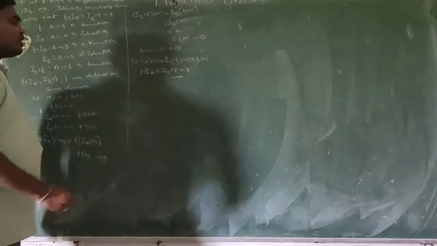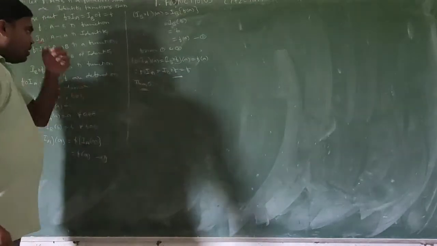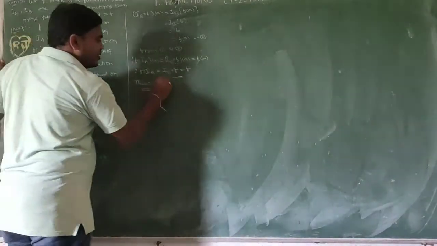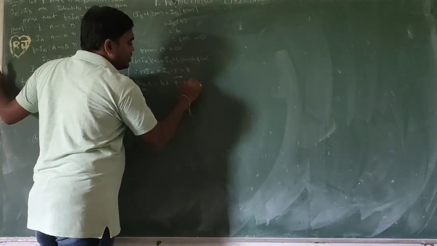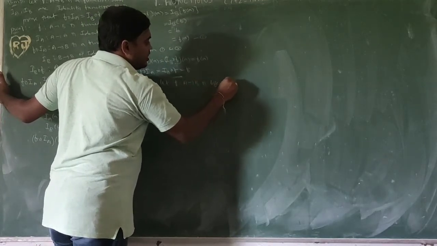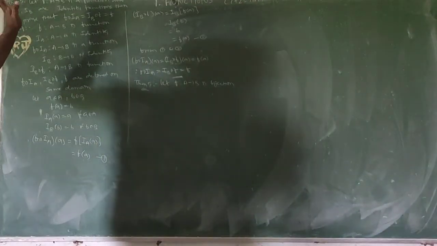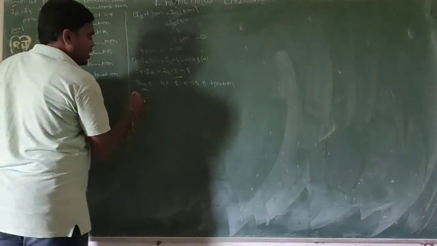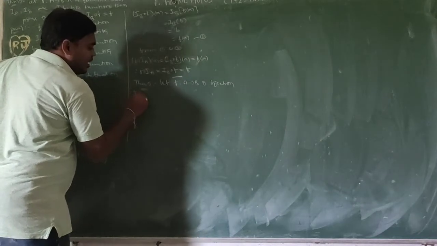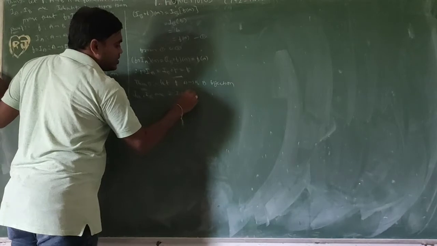Next, fifth theorem, theorem 5. Let f from A to B be a bijection. So here f is a bijection. In the previous theorem, simply it is a function, but here it is a bijection. And IA, IB are two identity functions.